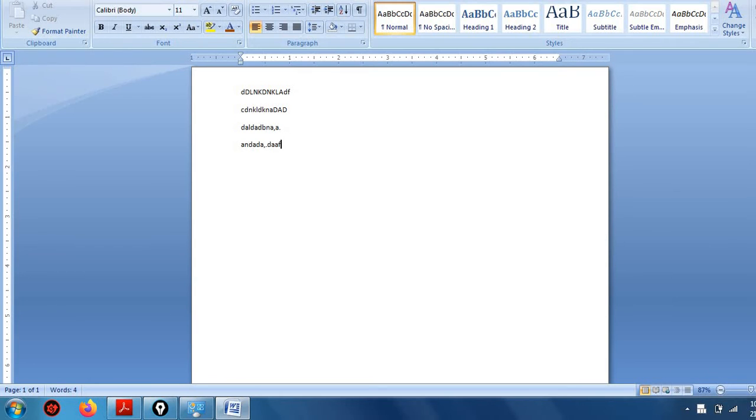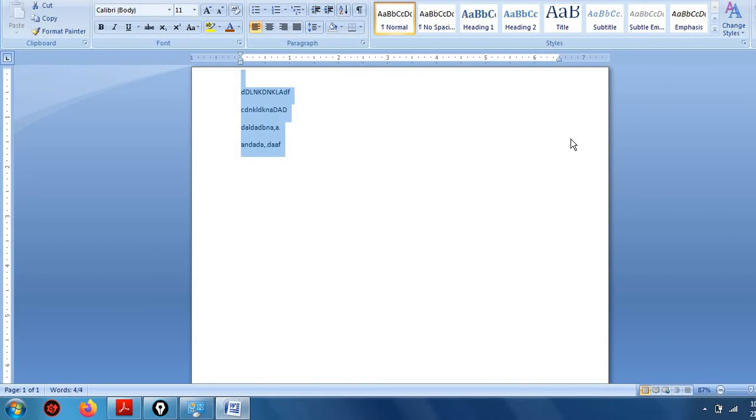I will press the Control key, and with that I will press A. If we do Control plus A, we can select this text altogether, right? Control is the shortcut key for that.